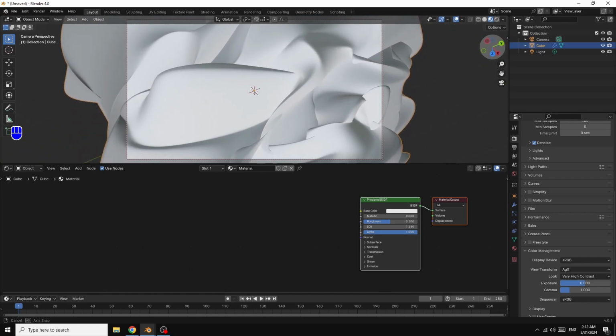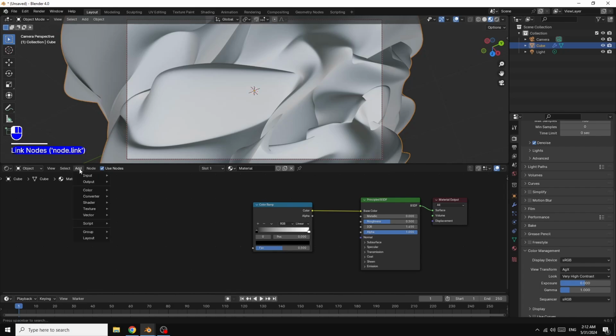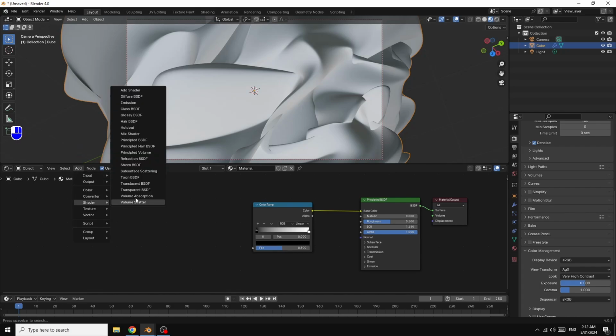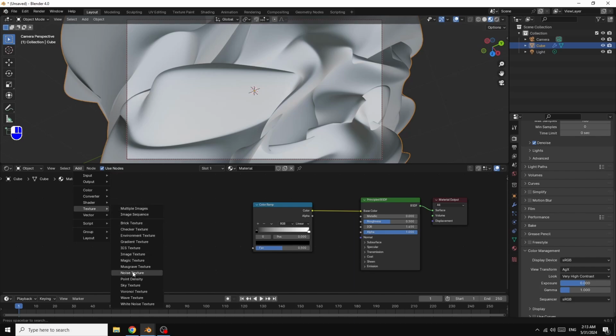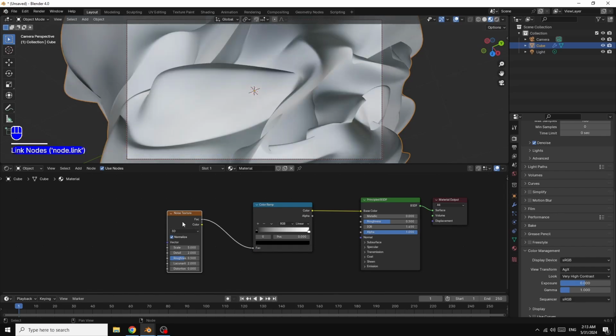We can select this like this. I go here in add. In converter, we select color ramp. Connect color to base color. I go here in add, in shader, I select in texture, I select noise texture, connect factor to the factor,